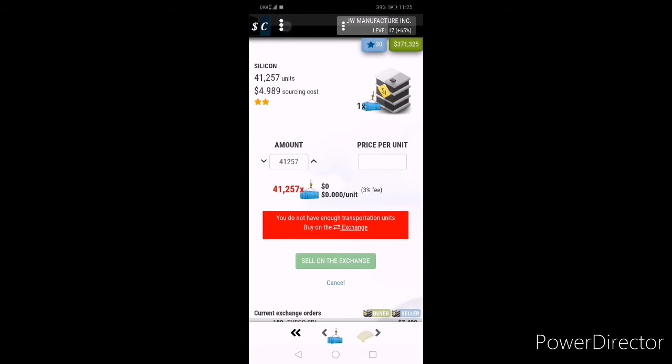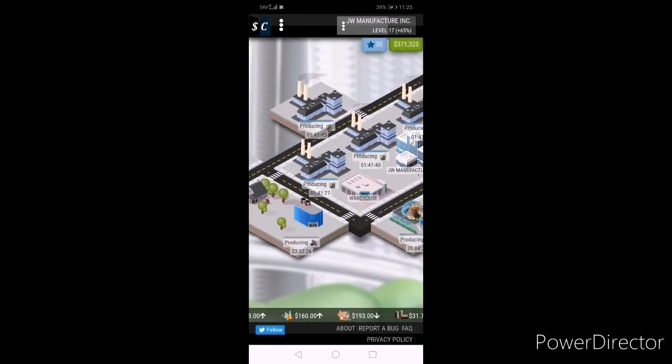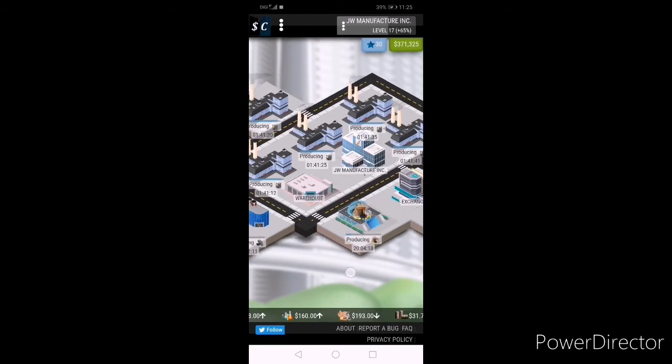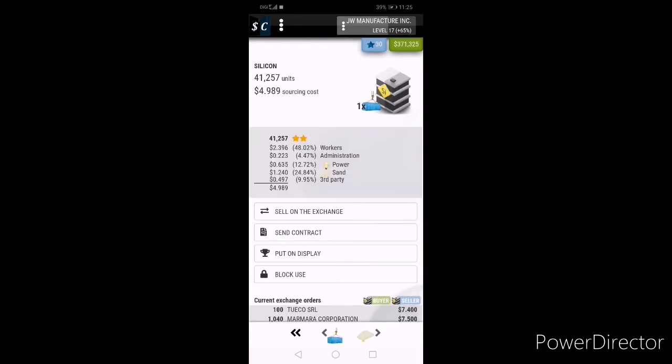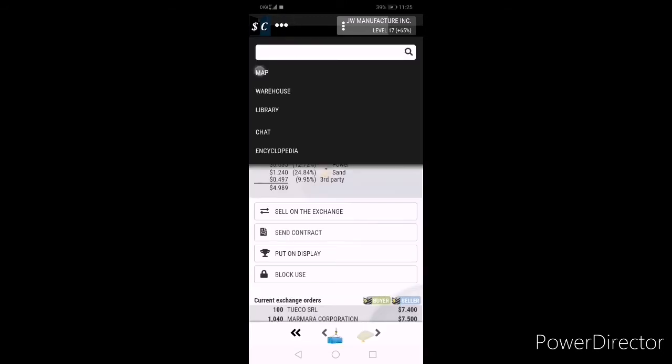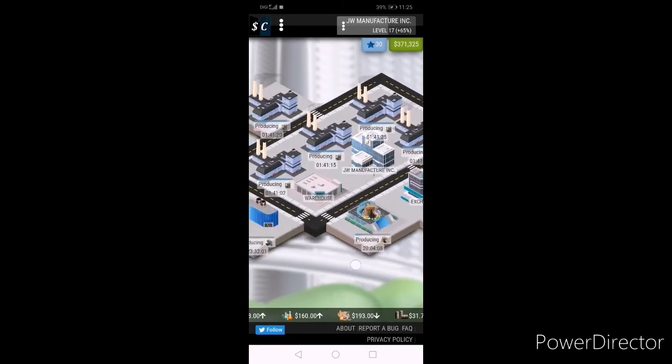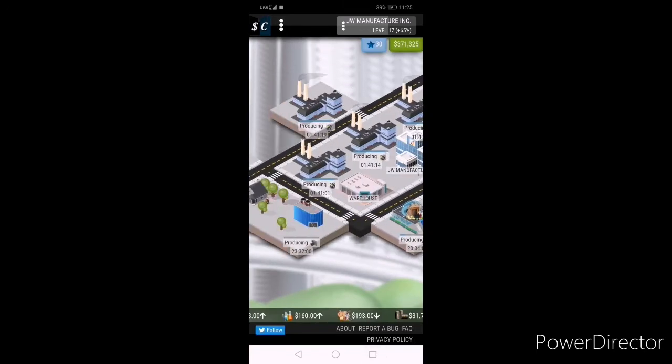And the cost for your transportation units is much less, as if you want to sell in exchange, it costs double the one you sell in contract. Now profit calculating is easier, as you can see the cost here, and you can just calculate your sales price there. This is much easier to count.